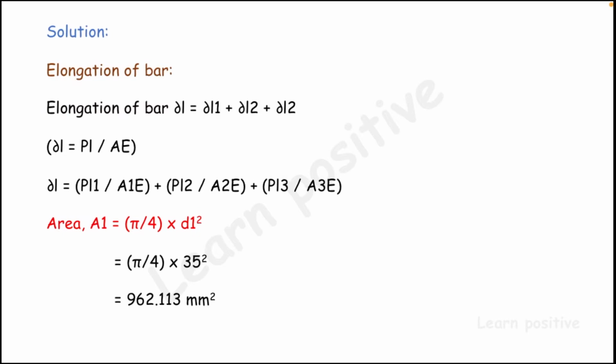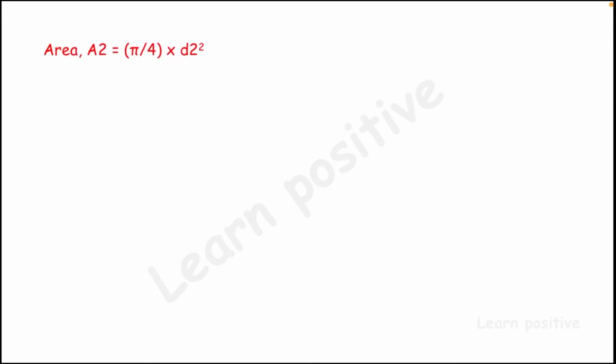Area of each portion A1, A2 and A3. First we are going to find the areas. So area A1 equal to pi by 4 into D1 square, that is pi by 4 into 35 square, we get 962.113 millimeter square. The area of second one A2 is pi by 4 into D2 square, the diameter is 20, so pi by 4 into 20 square, we get the value